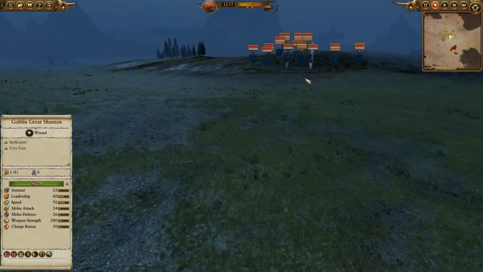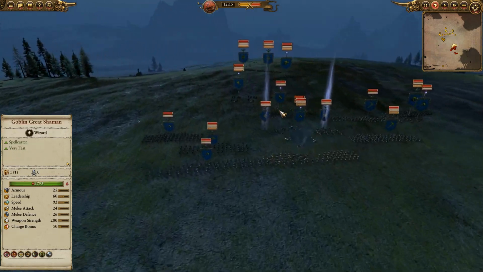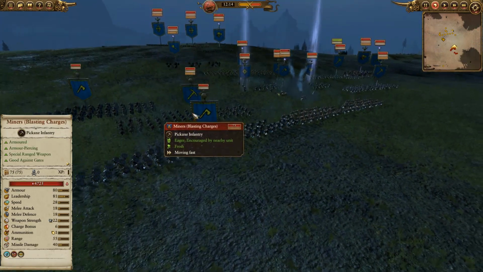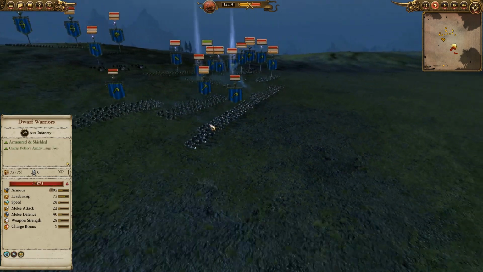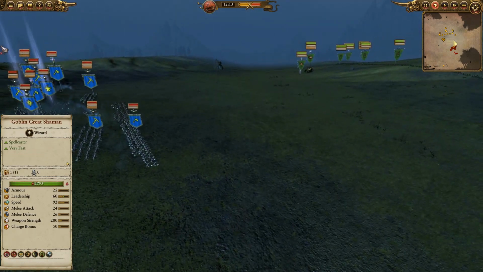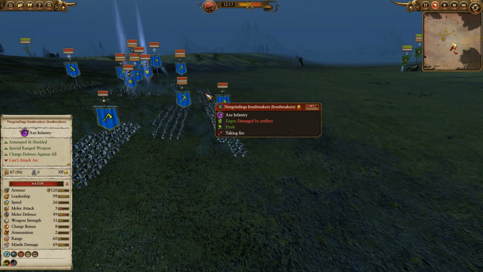He does have a Goblin Big Boss over here, and let's get right into the Dawi army. So the Dwarves here: front line of Dwarf Warriors, Norgrimlings, Ironbreakers. He also has them mixed in with Miners, with Blasting Charges. So the Miners are definitely a cheap choice against Armor Piercing. He was probably expecting a lot of Black Orcs, but still, these Dwarf Warriors and also these Ironbreakers are going